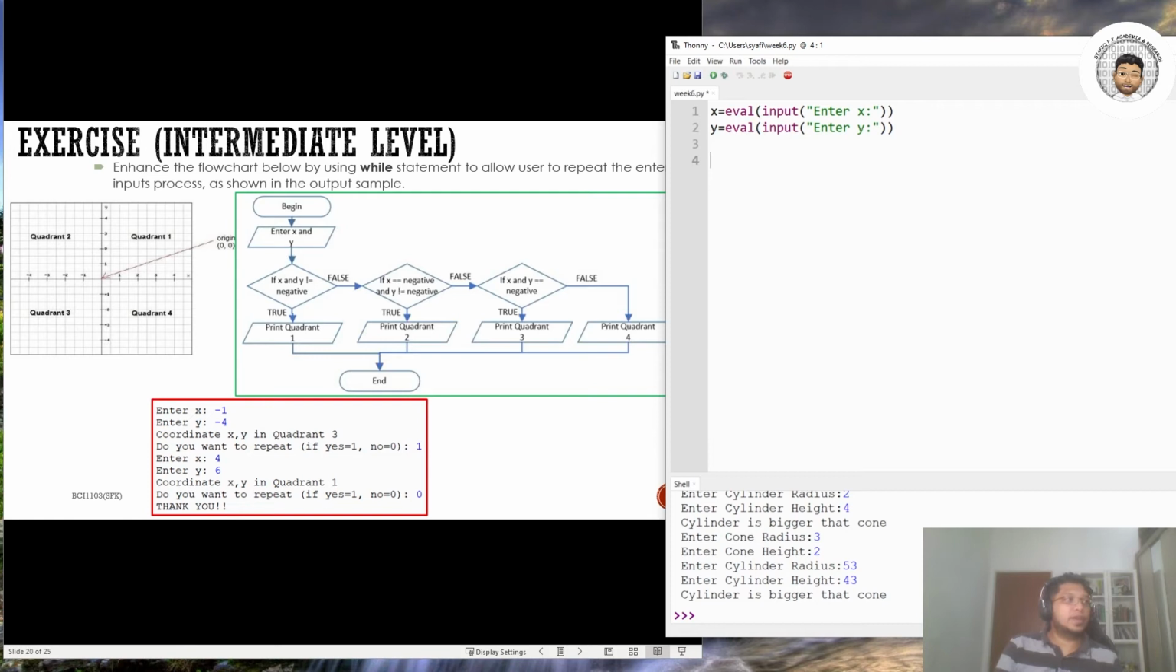Okay, so then we have 4 conditions. Supposedly we need to put this in a loop, so let's just use while. While a is not equal 0. Up here we put a is equal 0. So next we have,